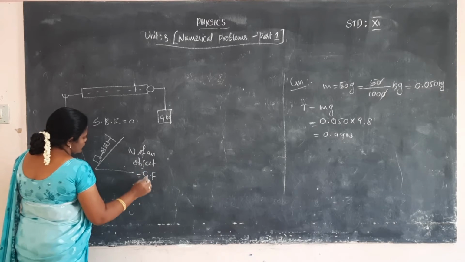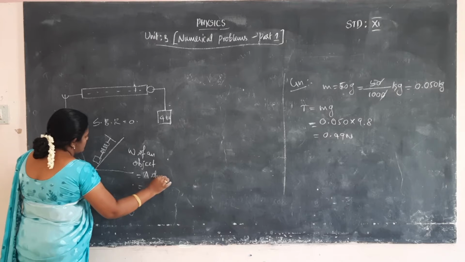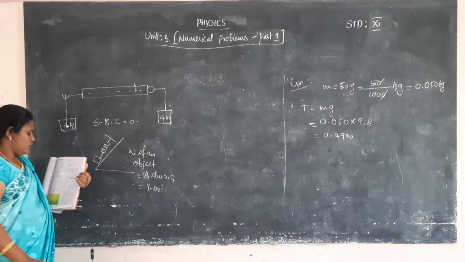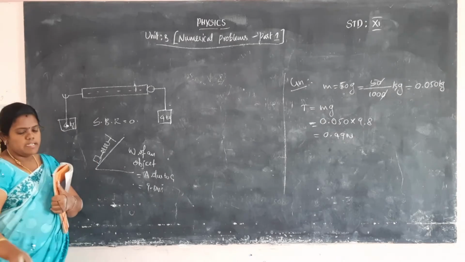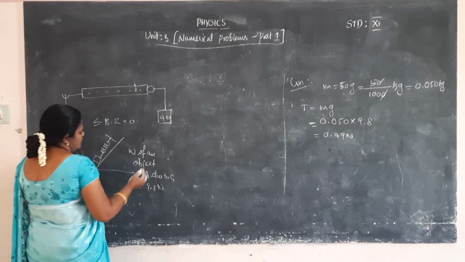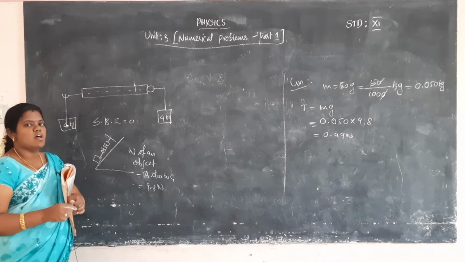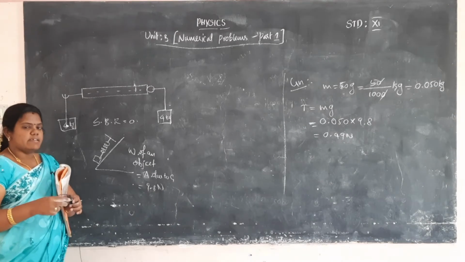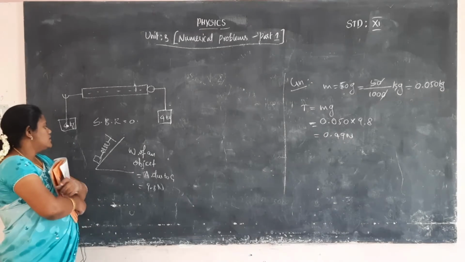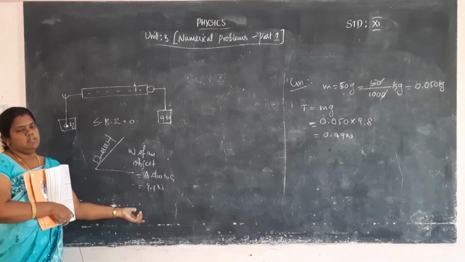So acceleration due to gravity is 9.8 meter per second square. So the weight is 9.8, and the unit will not be meter per second, it will be Newton, because we have taken the weight. So the weight acts completely as a downward gravitational force, equal to the acceleration due to gravity acting by the earth. So the spring balance will measure the weight of the object due to gravity.